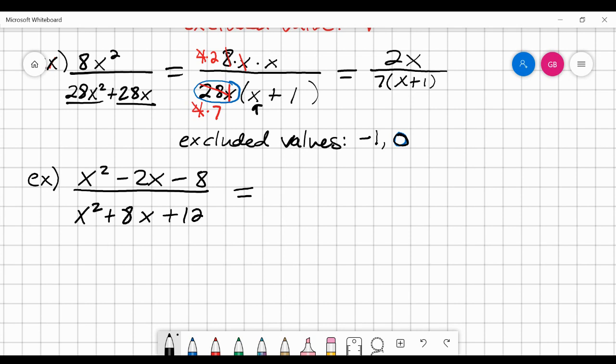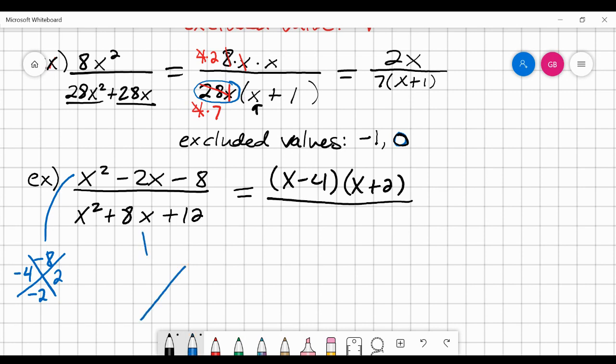All right, so you have a trinomial for the numerator and denominator, so we're going to factor those. Okay, for the top, what multiplies to negative 8 and adds up to negative 2? I know 4 times 2 is 8, and the 4 has to be negative. So this turns into x minus 4, x plus 2 over,